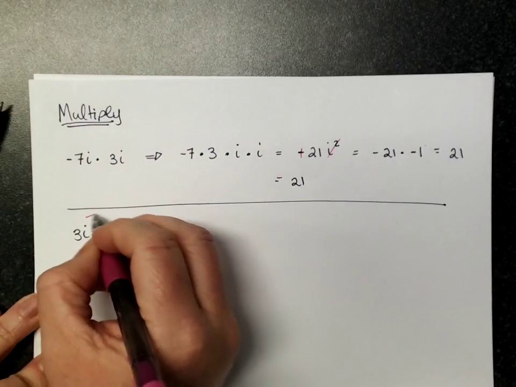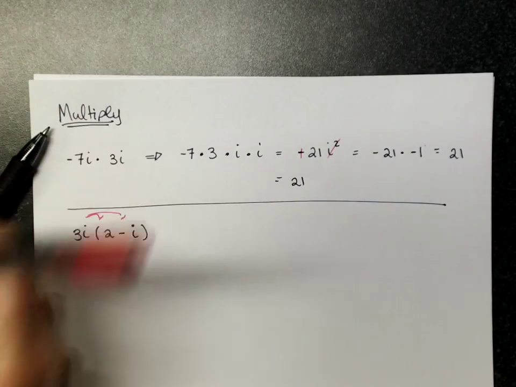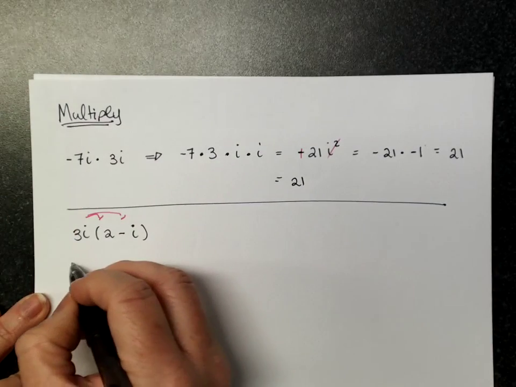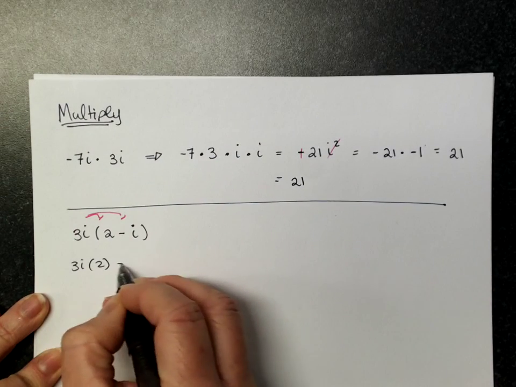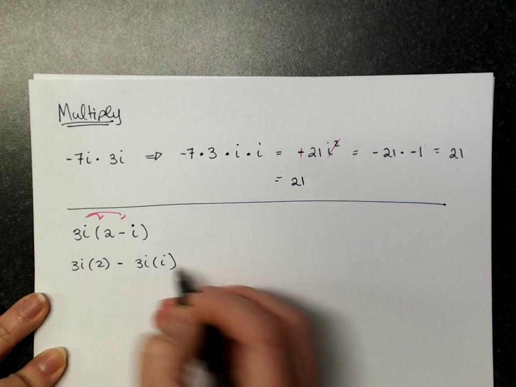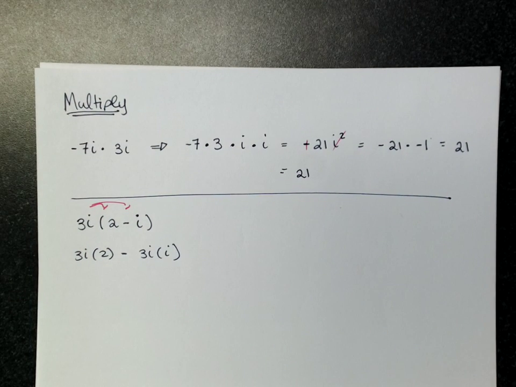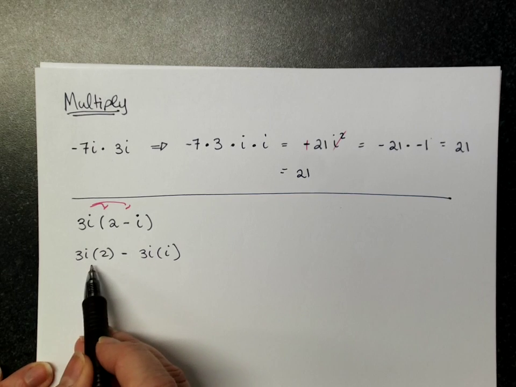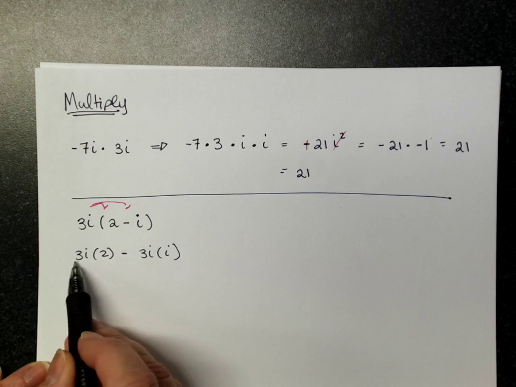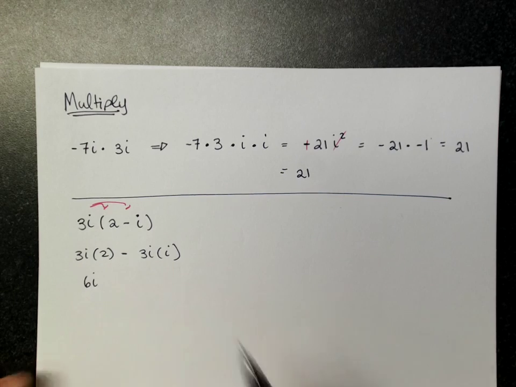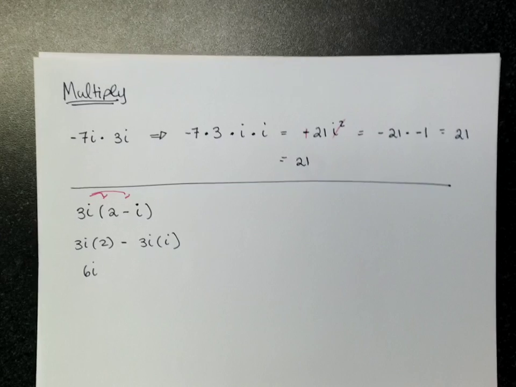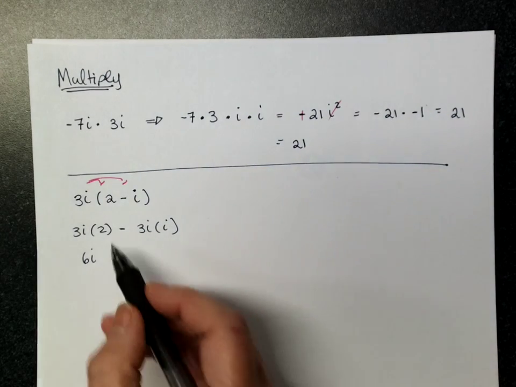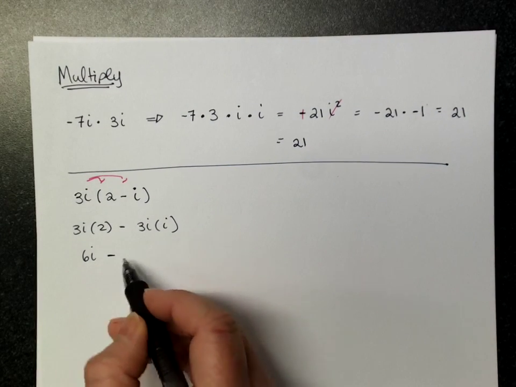Distribution, whether with regular terms, radicals, or i's, means 3i times 2 minus 3i times I. And I take the time to write that step just like I would with radicals, because the i's and the radicals can do some funky things, and you want to be straight about what you're looking at. So this is just a little multiplication packet. The real numbers get multiplied, 3 times 2, and there's a single I, so that's it, 6i. Just like it is 3x times 2, it becomes 6x. Minus 3 times I,